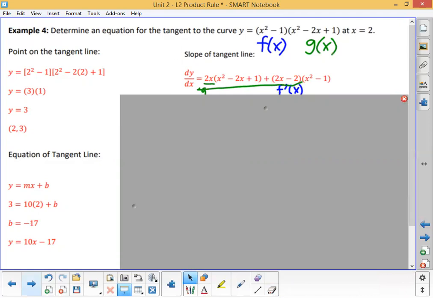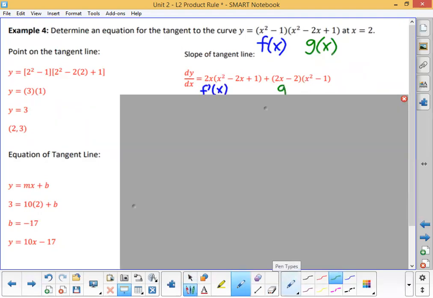That's why you have to be very careful, and maybe I should have read it from left to right, so I wouldn't have made this error. I read it from right to left. So I still have f of x, I still have g of x, but I have to remember this is f prime of x, and 2x minus 2 is g prime of x. X squared minus 1 is the original f of x function, and g, oh,